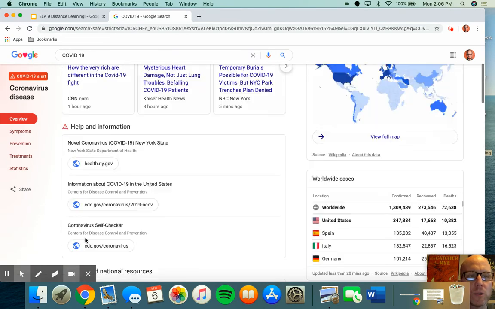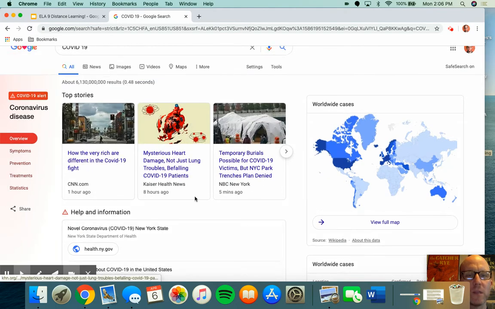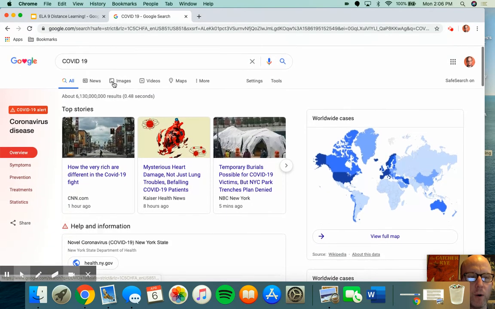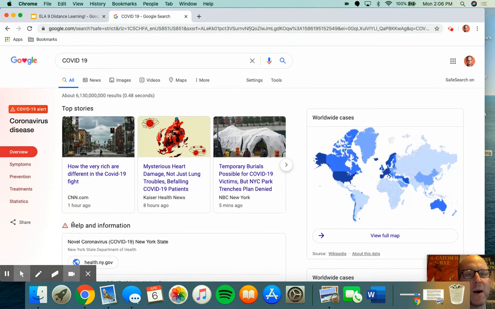So when we're searching through Google, those are the things that we want to make sure that we're looking for. We're looking for the date that they came out and who was putting them out, and making sure that they're not an advertisement. Because if it's an advertisement, then they're paying the search engine money to get that result put up there higher, so people will click on it, and the person can get more views. So that's just something to consider.